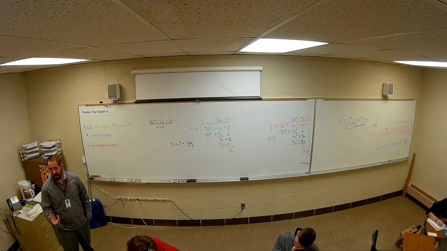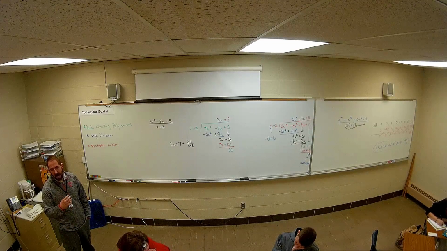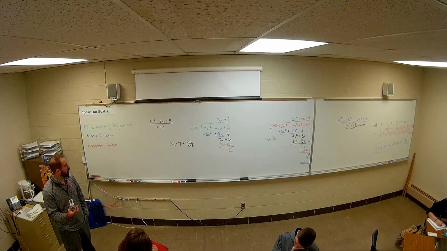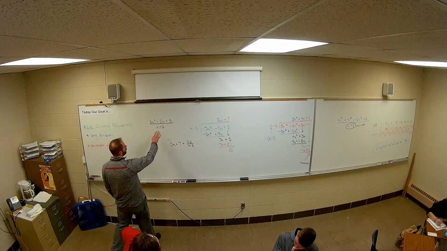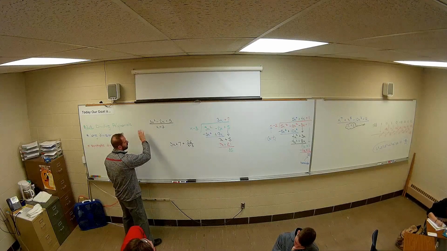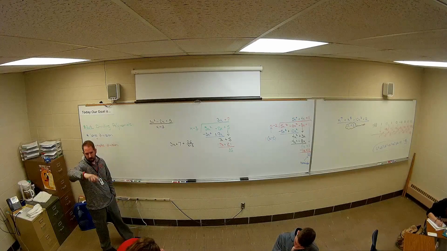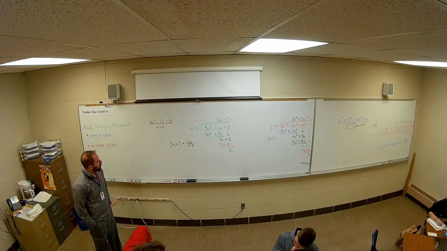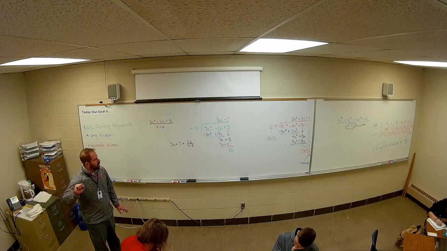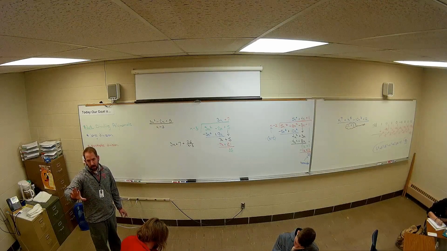Now, if you're doing synthetic division on that problem, what number do I put in the little box, though? Positive 3. Yeah, because that's the root of the bottom. So I put the positive 3 in the box, and then across the top I put 3, negative 2, and 5. And then I do the drop, multiply, drop, multiply, drop. Okay, all right. We good with any of these? Problems with any of these?